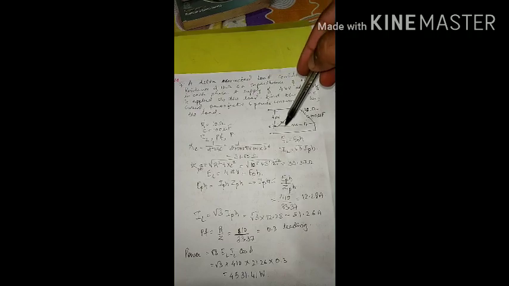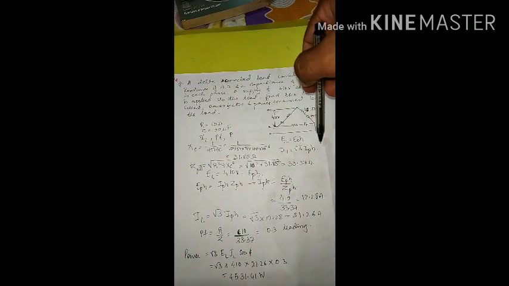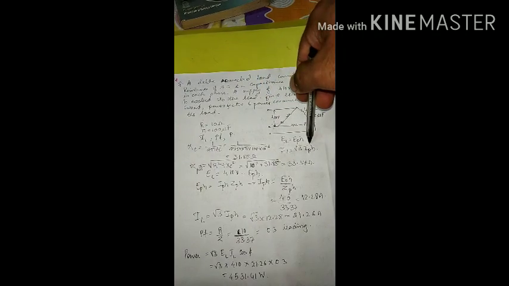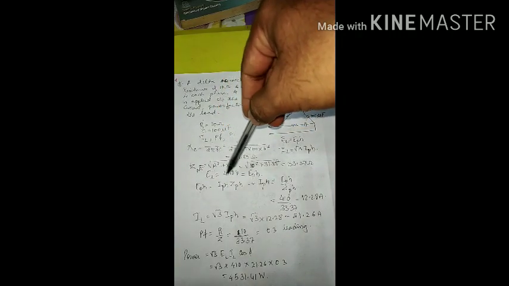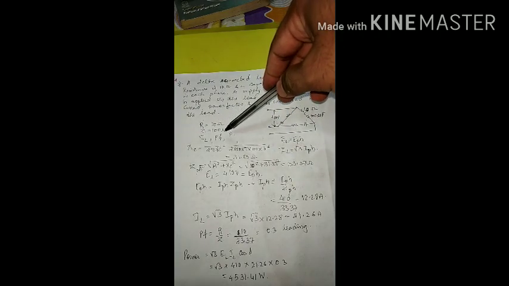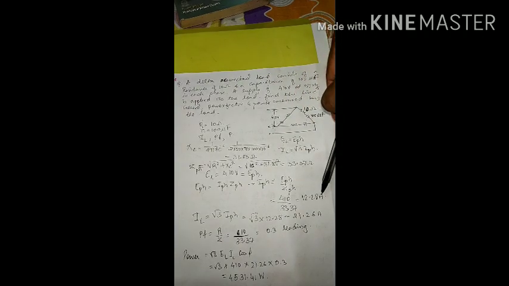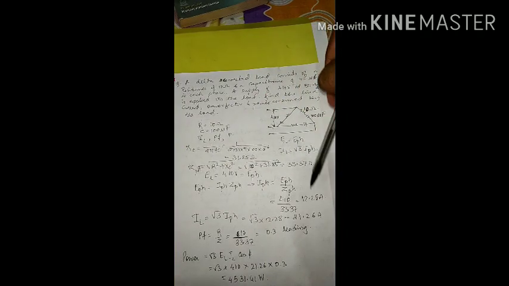Now the formula for delta connection is what? Your line voltage is equal to phase voltage and your line current is equal to root 3 times phase current. So in order to find the line current, I have to know the phase current. So E is equal to I Z. So I phase is equal to E by Z. E is how much? 410. And Z phase is what? 33.37. You get the answer as 12.28 ampere as I phase. Therefore line current is what? Root 3 into 12.28. So the answer is 21.26 ampere.